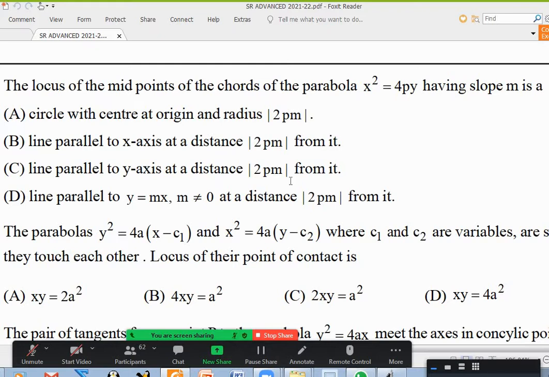Am I correct? Is it clear, everybody? Yeah. In fact, if you remember, what is the point of contact of the tangent with slope m? This point is a by m square comma 2a by m. That y coordinate, 2a by m, is exactly this. And not only that, the other points are there. If you draw tangents, this is only the chord of contact, one of these lines only. And that y coordinate is also 2a by m, because if this is t1, this is t2, what is the y coordinate of this point of intersection? A into t1 plus t2.